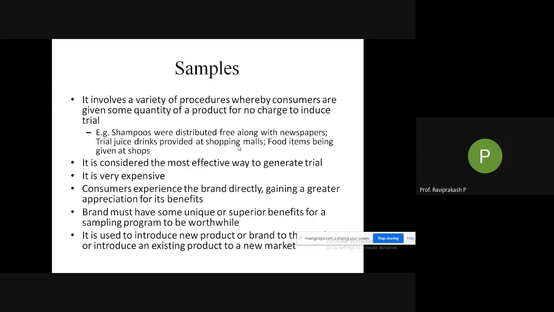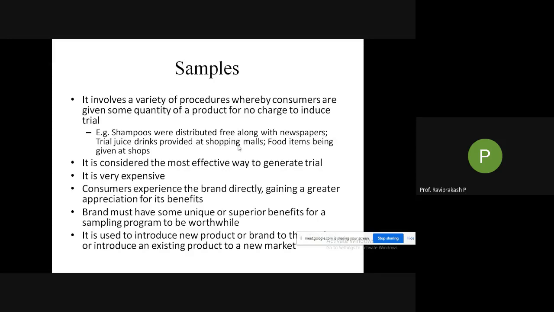So it could be anything, not only sweets, though majorly we do it for sweets. Or any new product in the market which you could eat, or even in a shop where you are buying perfumes. There will be a perfume bottle which is opened, and it is for sample. You can use that and check the smell, whether you like it or not, whether it is strong or mild. Many people like stronger perfume, and many people like milder smell, because many people get headaches from the strong smell of perfumes. So samples are kept over there. You can use it, check whether you like it or not, and then you can buy. So these are the samples.